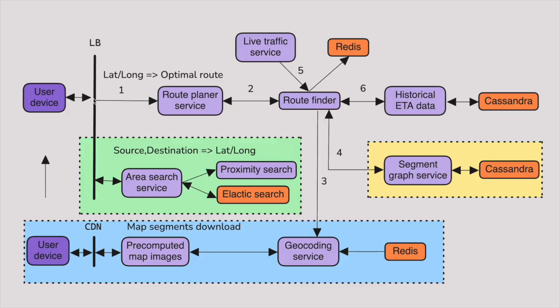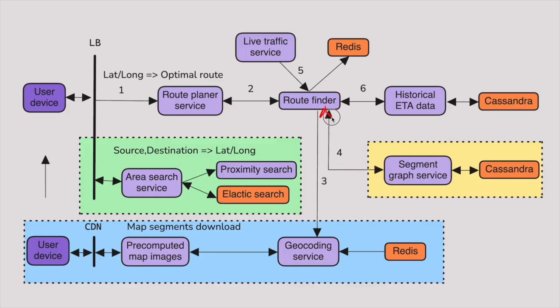We send our coordinates to the route planner service. That's the service that would first call the geocoding service and get the segments for the source location and the destination location based on the coordinates. As well as these two segments, we would also want to get an area between these two locations. So likely we would compute the aerial distance between the source and destination, and then use this distance as a radius from the source and destination to retrieve more segments that would likely be used for our